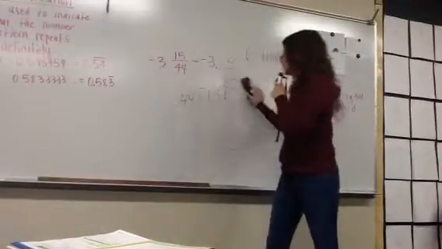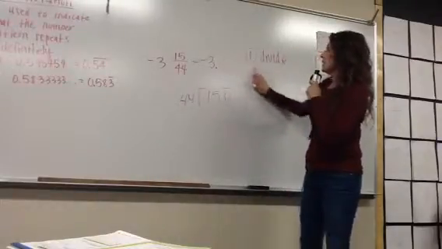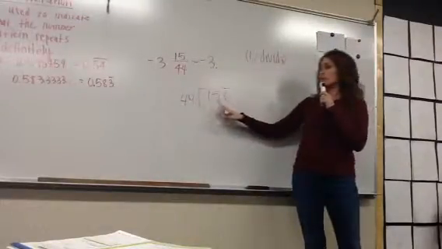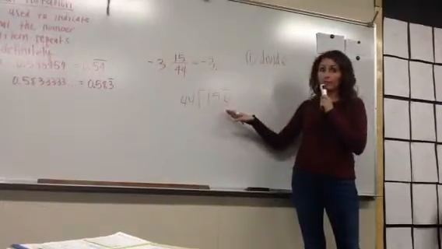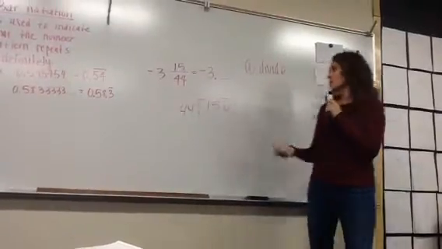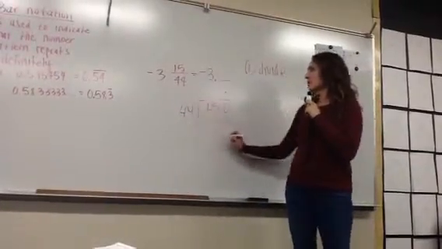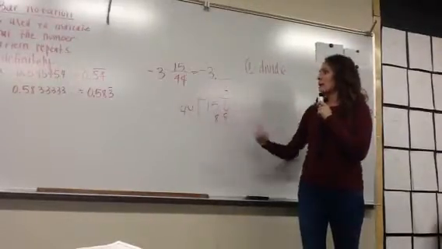Okay? So for this answer, I'm dividing, and I have 44 does not go into 15, but it goes into 150, doesn't it? How many times does it go into 150? Twice. Twice? Well, let's try it. 2 times 4 is 8, and 2 times 4 is 8. Well, if we go up